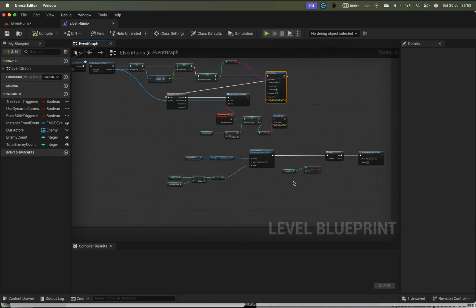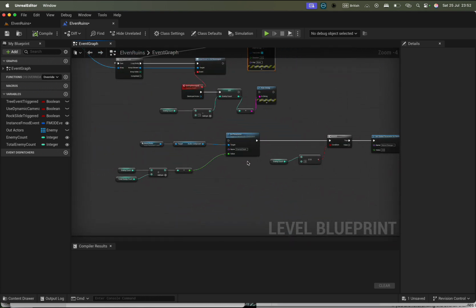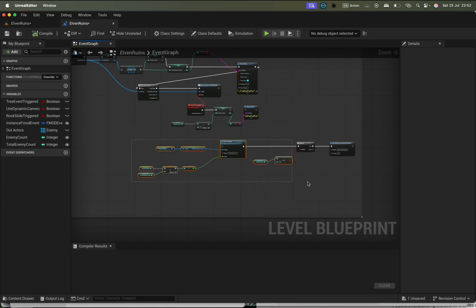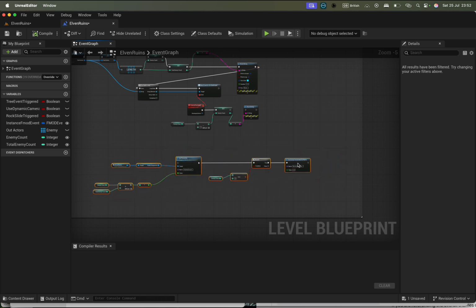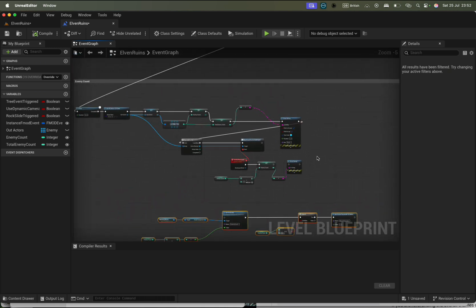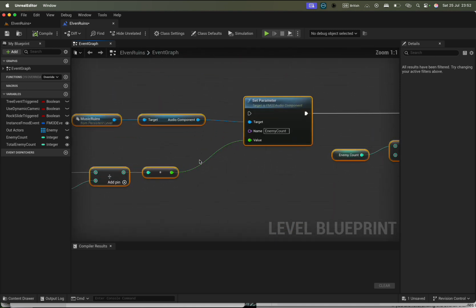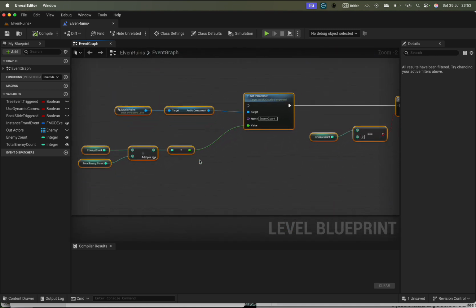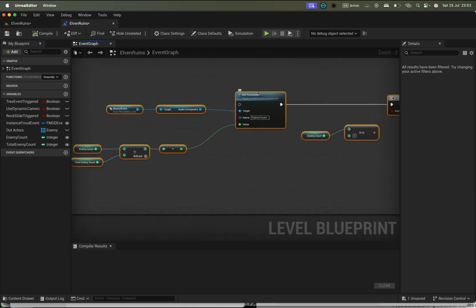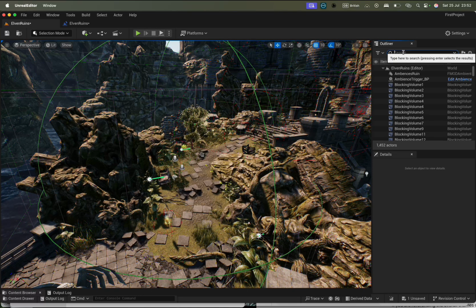So how can you turn this into your advantage? What you will maybe be inspired to design is this part here. You don't even have to worry about this area; you just want to worry about this area. This area means that we have our Set Parameter that we know already and you're familiar with, that requires a target, and the target is the music object that is currently playing in the level. If you look at what is Music Ruins,